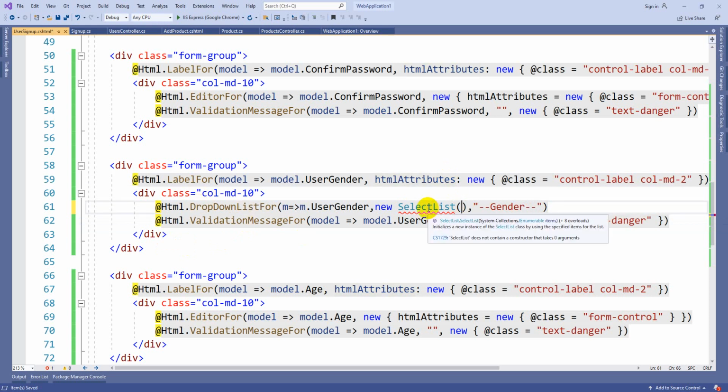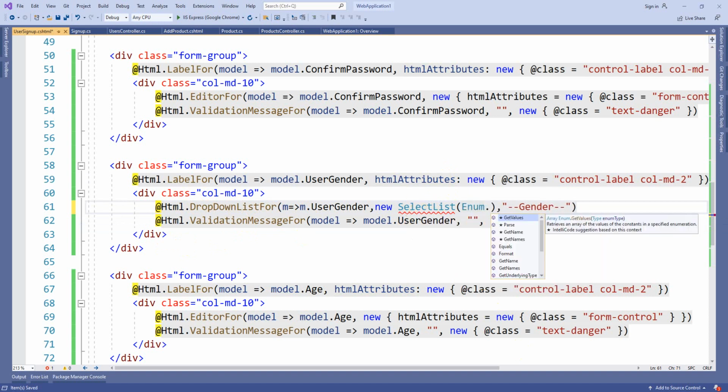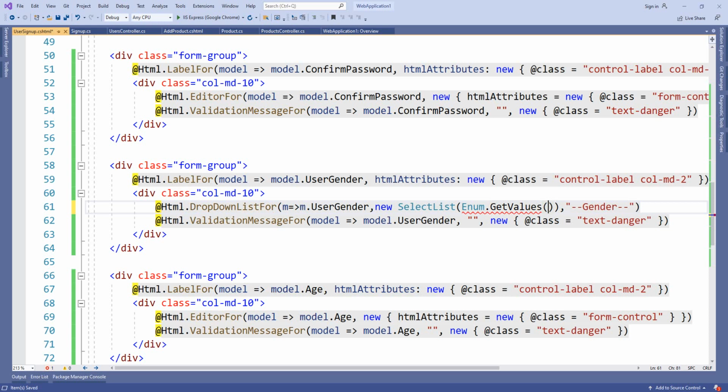Now here you have to convert that particular enum as a select list. So you have to write enum dot get values. In case you want to print the values, you can print the values, otherwise you can get the names also. So get values, type of gender.